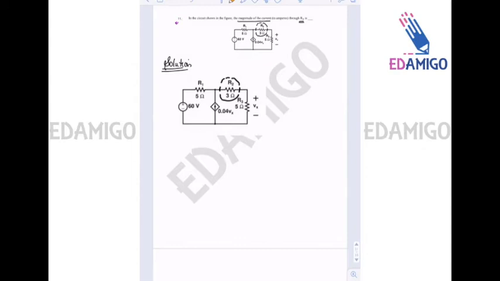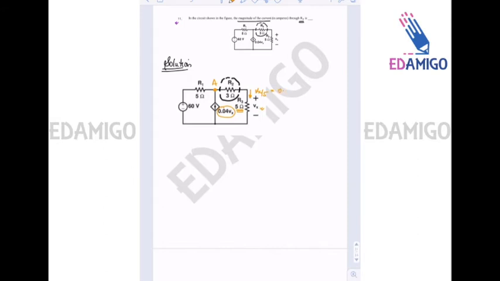So in the figure, we can see that at this node A, for example, the incoming current is 0.04 Vx. Okay, 0.04 Vx. Another information that is given to us is Vx is the voltage across this 5 ohm resistance. So the current in this branch will be Vx by 5. Okay, always try to solve such questions in the manner that I'm telling you. So Vx is the voltage across 5 ohm resistance. So the current will be from top to bottom Vx by 5. So at node, that is equal to